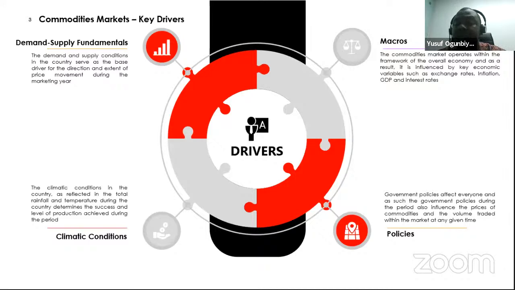But whatever policy the government is pursuing also has an effect on the commodities market. A case in point was what we witnessed from about August 2019 till November 2020, when the government closed all the land borders, and practically little smuggling was being done into the country. Paddy rice prices went up, and we saw that affect the commodities market as well, because people then wanted to buy rice, and there was a deficit in the system, and that would typically push the price northwards. So those are the key drivers.